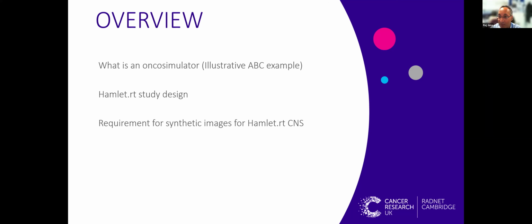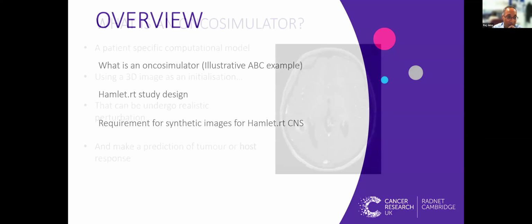Then I'll talk a little bit about the study that we've been running, collecting data for doing work with AI and models, and in particular, the neuro-oncology arm of that data. And then in order to analyze this data, we had a specific problem about missing data. And there we've solved it, we believe, using a particular type of generative machine learning approach.